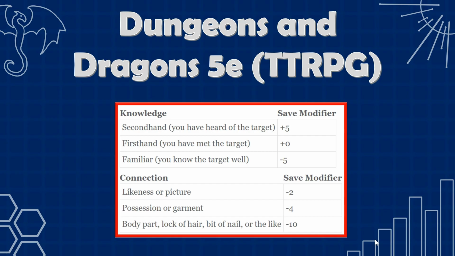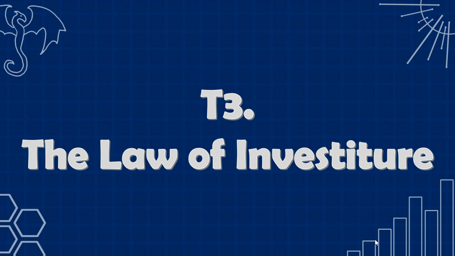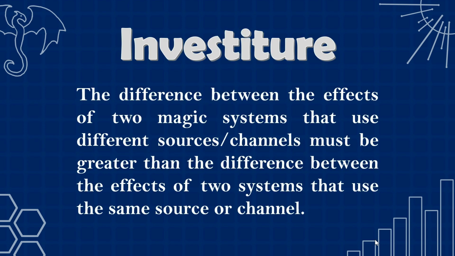The third and the fourth laws are concerned with relations between different magic systems. They also have an equation variant based on the assumption from the series' first video that a magic system can be written as an equation where S stands for source, C for channel, and E for effect. The third law is the law of investiture. It states that the difference between the effects of two magic systems that use different sources or channels must be greater than the difference between the effects of two systems that use the same source or channel. As an equation,